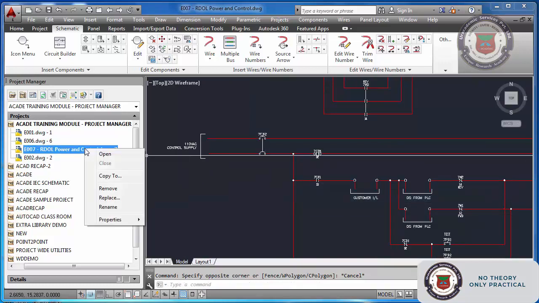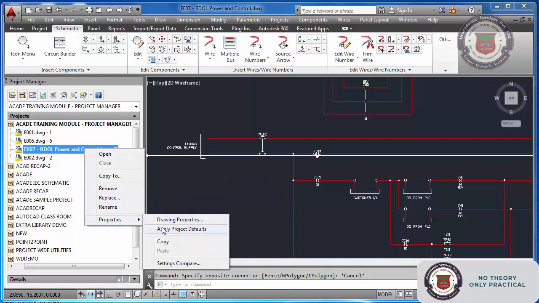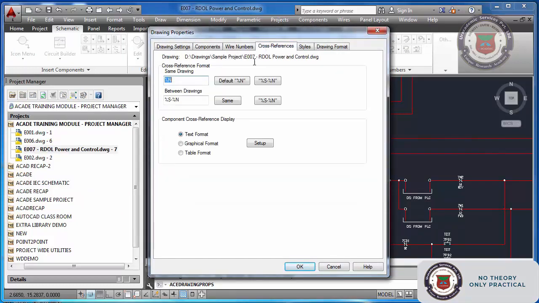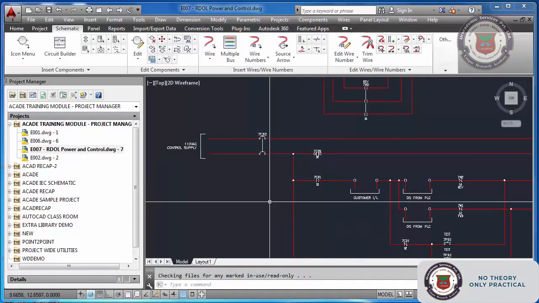And in fact, if you want to change the cross referencing style, see drawing properties, cross referencing. If I select this option now, let us see what happens. S stands for sheet name, N for numbering. Now I have selected, added one percentage S before that.